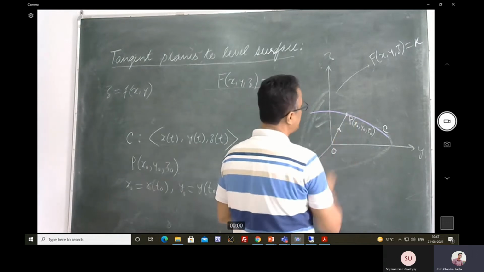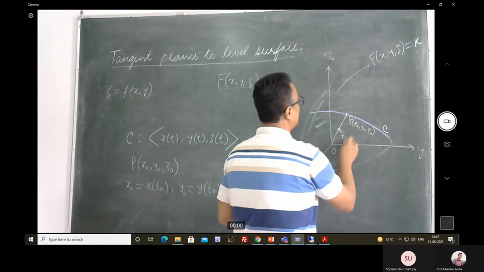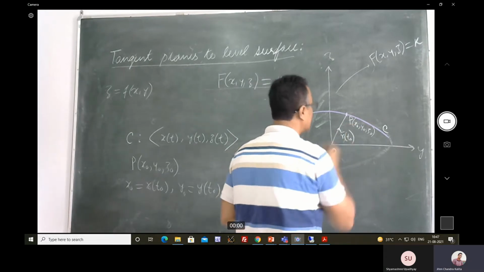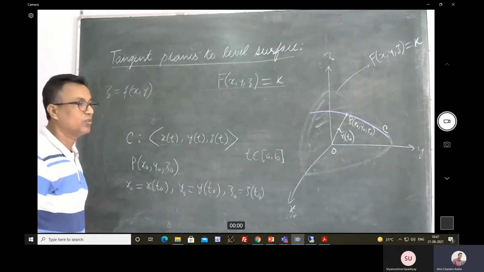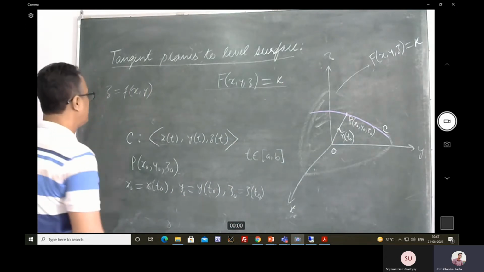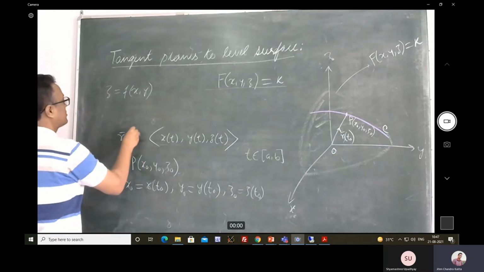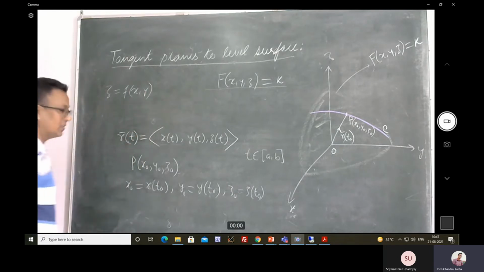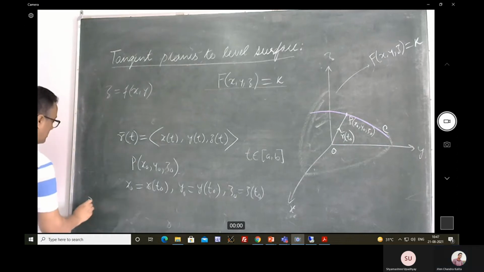So that means, if this is the origin, the point P or the vector OP I can define through the vector r at t naught. So C is parameterized by this vector. Therefore the vector OP